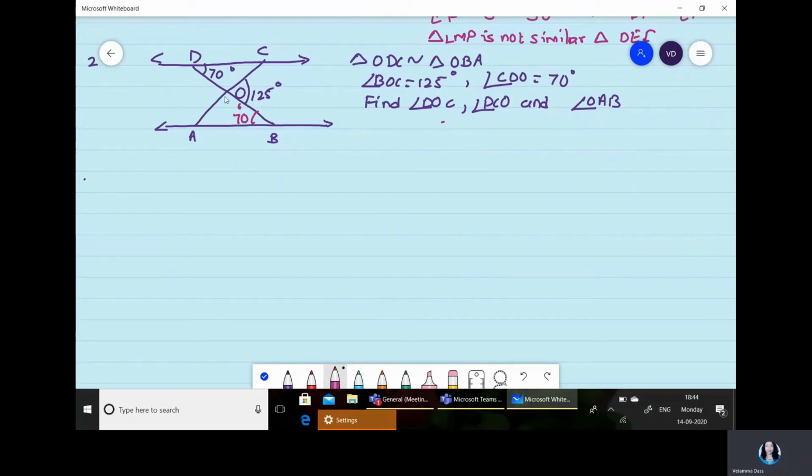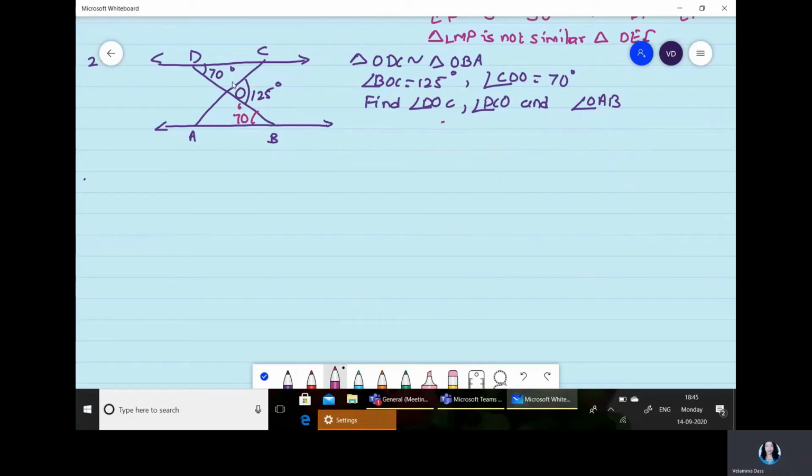Correct? Similarly, angle C is also equal to angle A. So here actually the lines are not given parallel. So one way we can say this is 70, this is 70. Therefore these two angles are equal. Therefore they form alternate angles and therefore we can declare these lines to be parallel. In this way, by using the parallel line property also we can prove. Or else we can just find out by using the similarity.